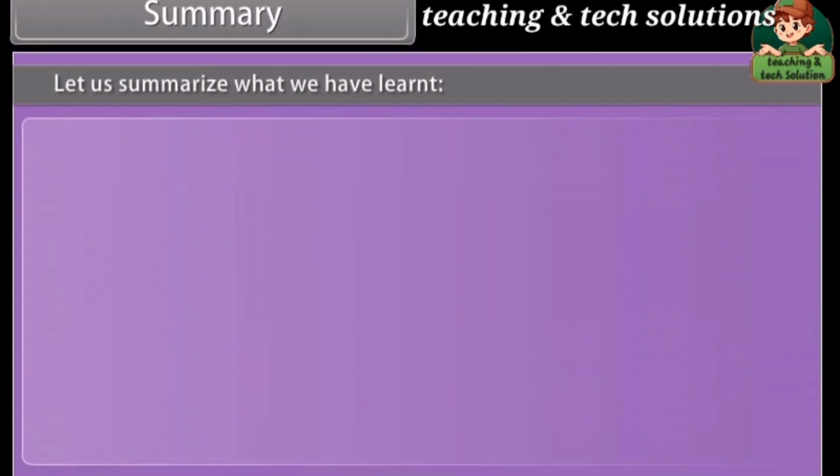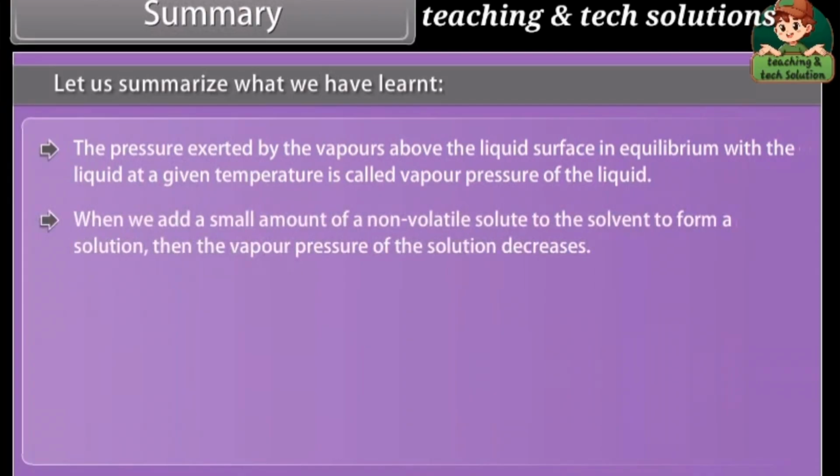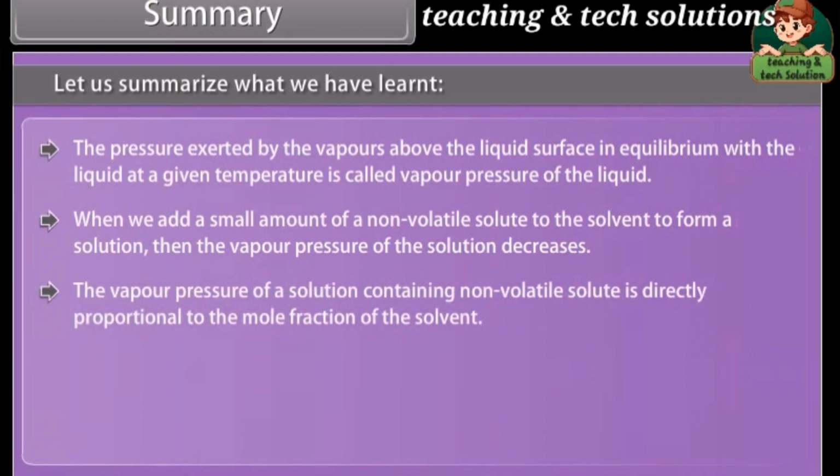Summary. Let us summarize what we have learnt. The pressure exerted by the vapors above the liquid surface in equilibrium with the liquid at a given temperature is called vapor pressure of the liquid. When we add a small amount of non-volatile solute to the solvent to form a solution, then the vapor pressure of the solution decreases. The vapor pressure of a solution containing non-volatile solute is directly proportional to the mole fraction